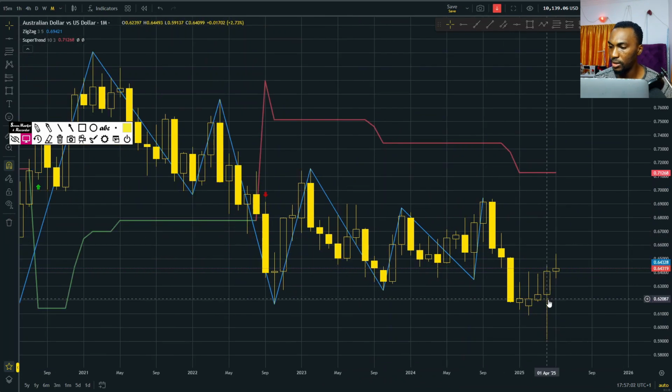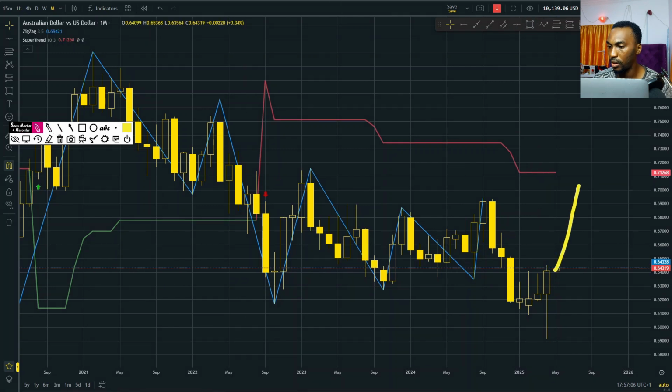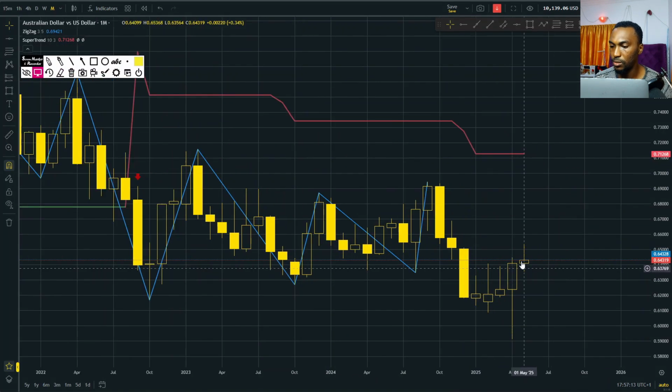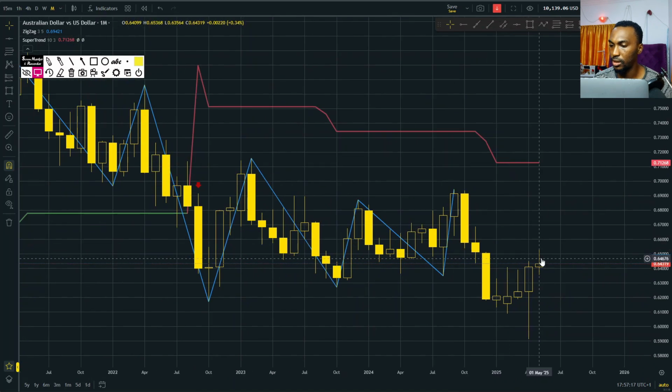The previous month we had this clear rejection. We're hoping for a run to the upside, but we didn't have that. Instead, we had a consolidation month. You can see the whole of May against the Australian dollar was seriously consolidated, heavily tight. Take a very good look at this very tiny range it did compared to all of this in the previous month. We've not seen something like this until January.